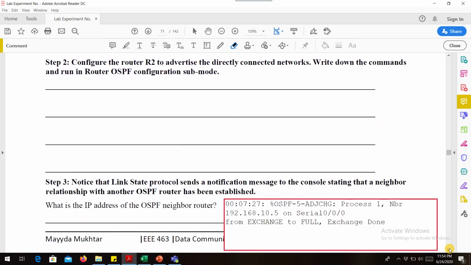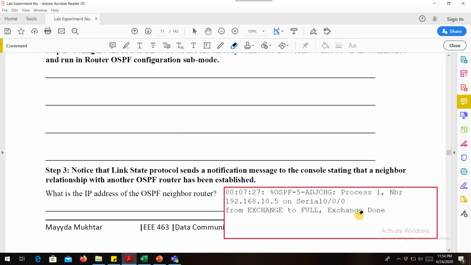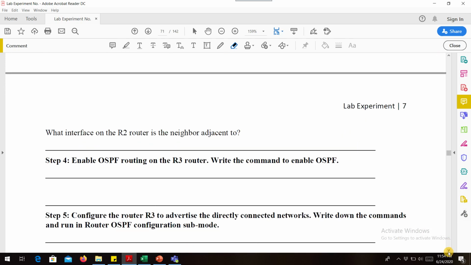The message is shown like this on your CLI mode. You can see that in step 3, the question is asked, what is the IP address of the OSPF neighbor router. So the NBR in this box represents the neighbor and the IP is the neighbor IP address. So from this message you can answer this question in step 3 as well.